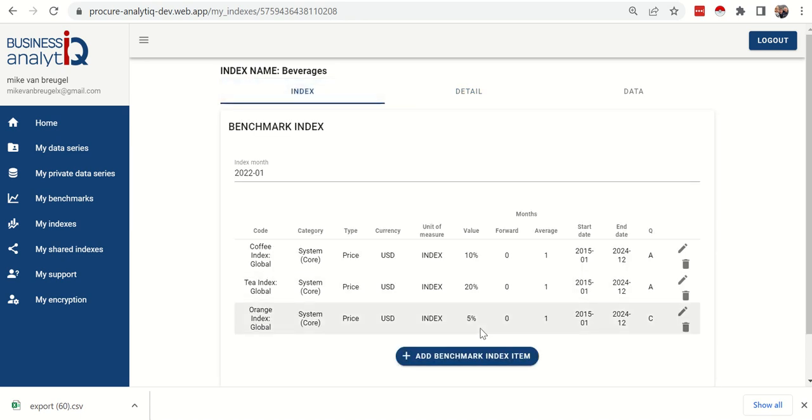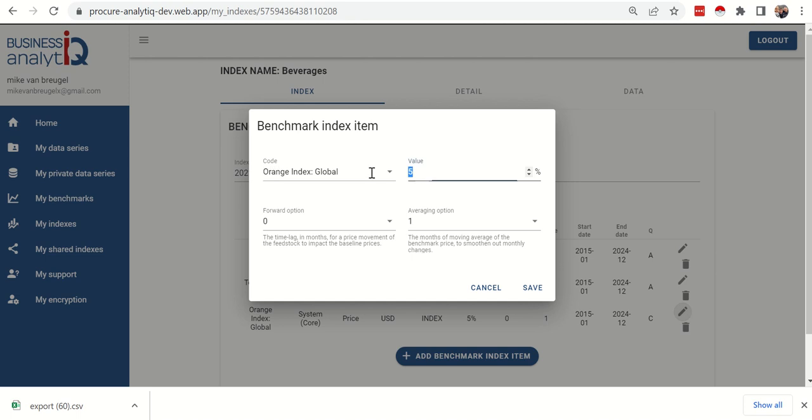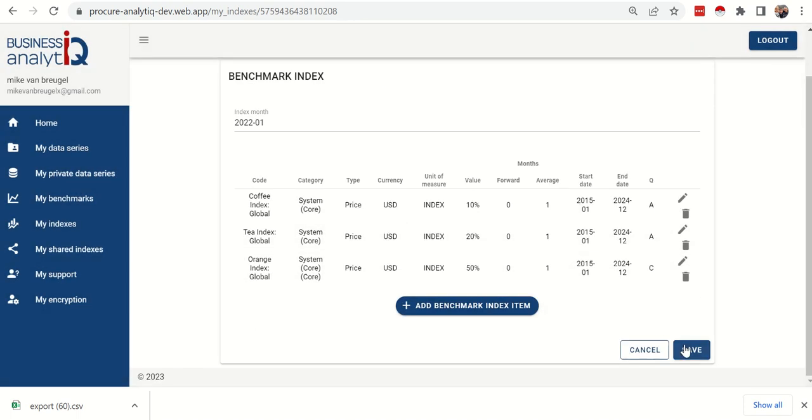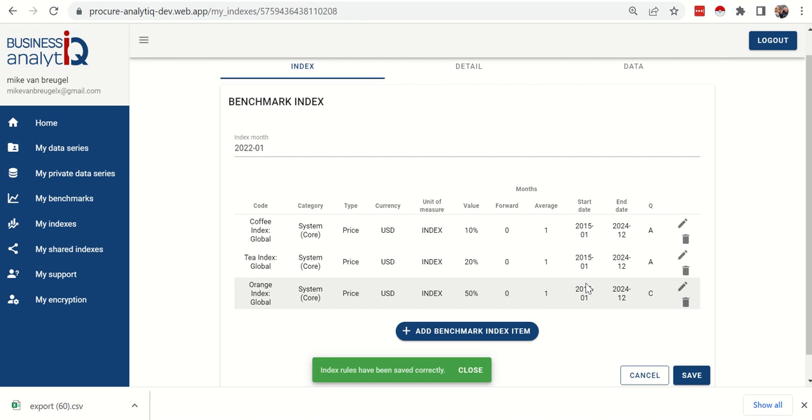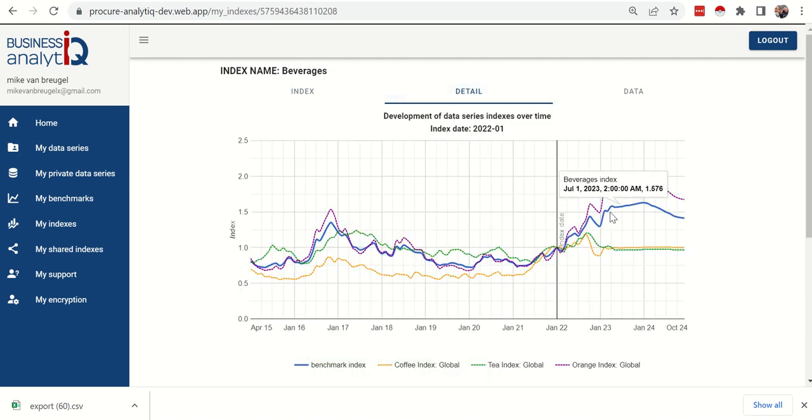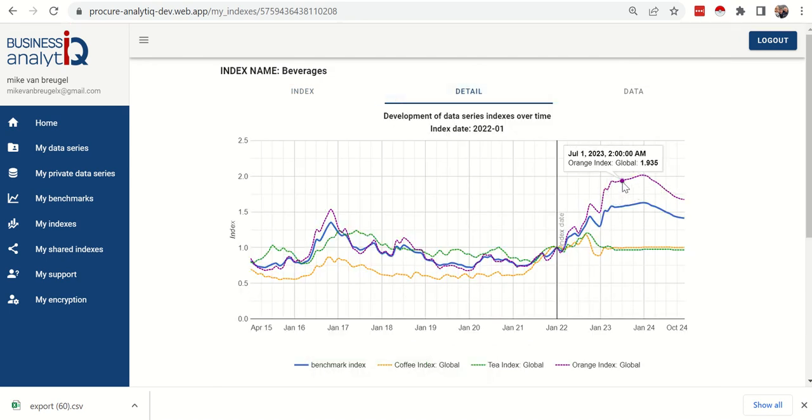So if we want to edit that and say actually we want orange juice to be 50% of the index, we simply save that, and you'll see now that the blue line is more closely following the orange juice indicator. And again, you'll see that this also includes an outlook on our best endeavors,